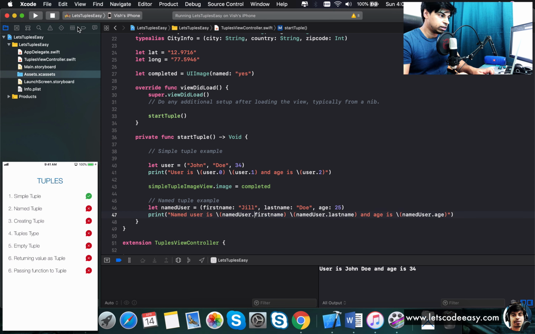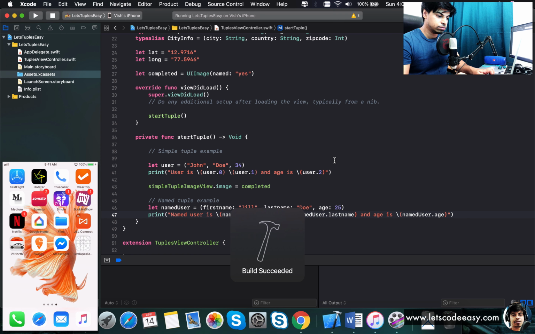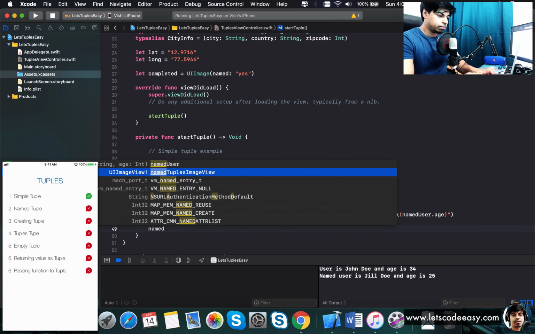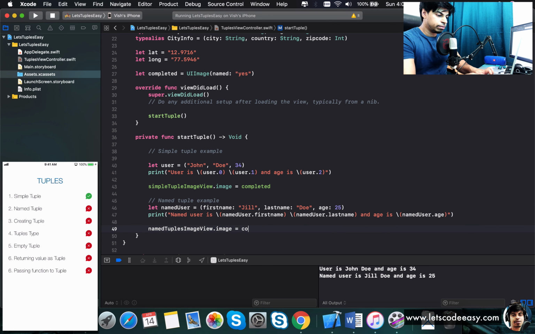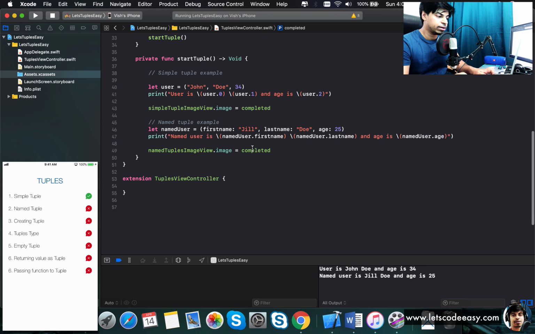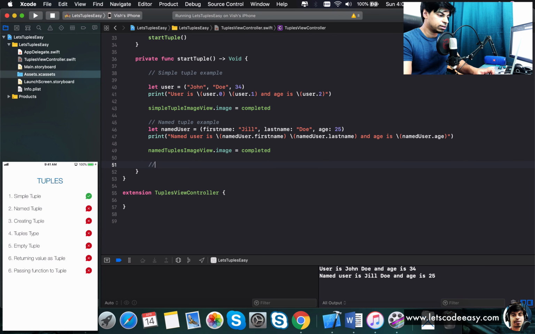So let's see whether that gets printed. So you can see that the named user is also now printed. So that's how the named tuple works. So let's make that as completed. Named tuple completed. Completed is nothing but I have set an image which is having this. So I'm just calling that whenever we are completing that tutorial. So that's also completed. Let's get on with the next one, which is